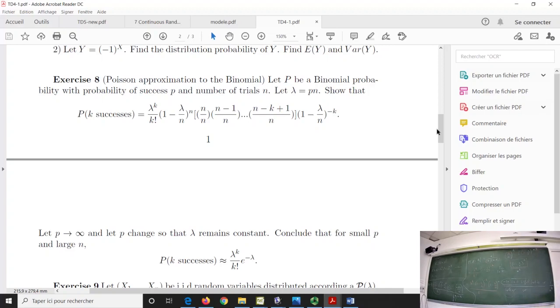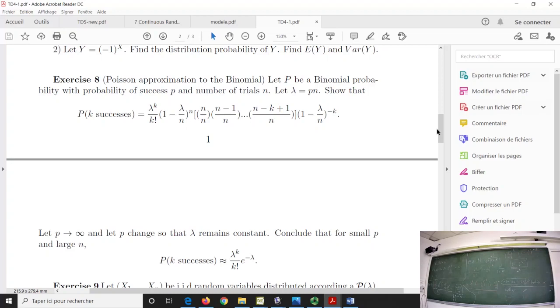For this one here, and for this one. So they look like the same, but they are not, and there is a major difference between them. So what do you think about this one here? What is the limit of lambda over n? What is the limit of 1 minus lambda over n? What is the limit of 1 to the power n? So the limit of this one, it doesn't work.